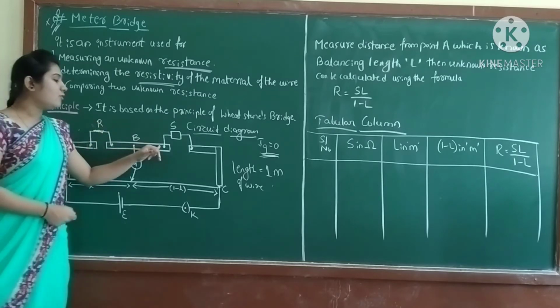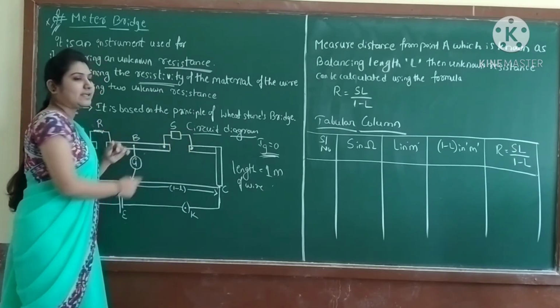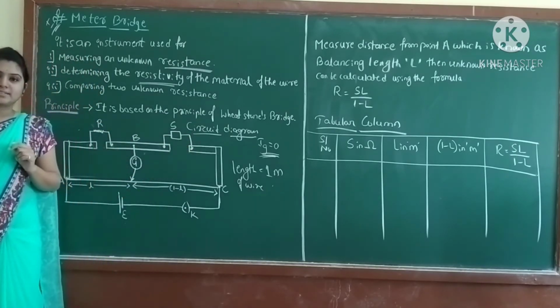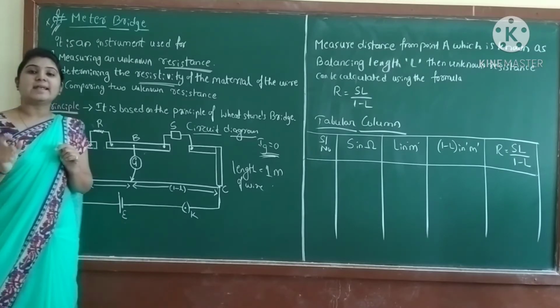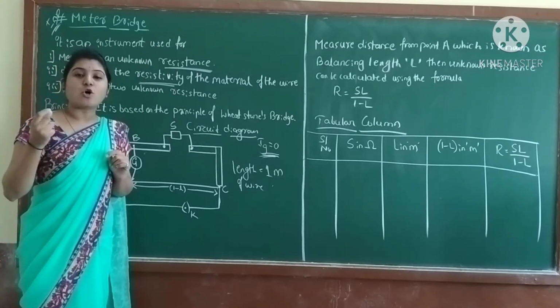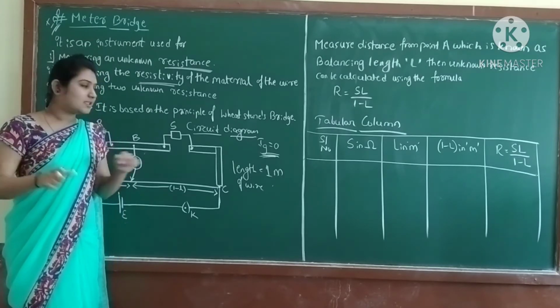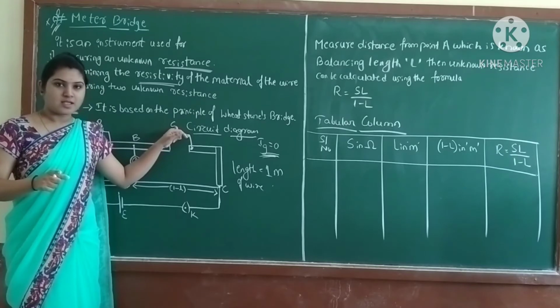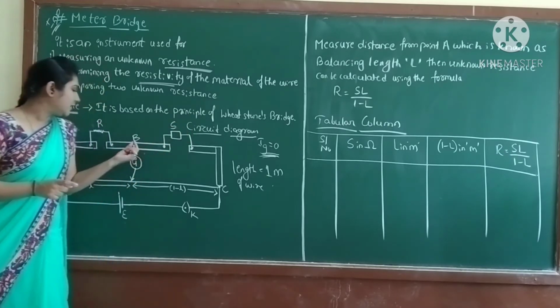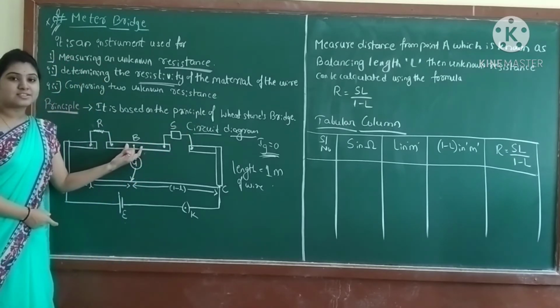Now in these 2 points I am connecting the standard resistor. What I told you? Standard resistor. Standard means already we know about the value of that resistor. Take it as S. Correct? So now in the middle strip we are